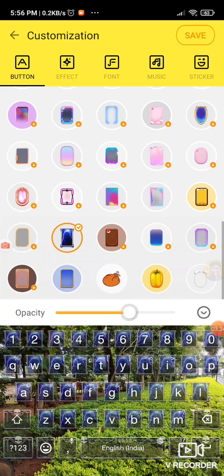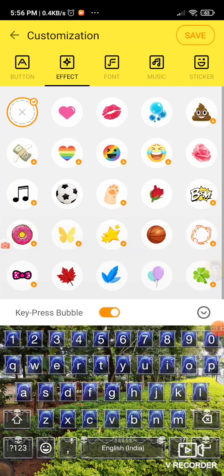So we'll select a medium opacity, then go to effect. Once you go to effect, this is the one which will come when you press the button. For example, if I select bubbles or balloons, then when I press any key, we will see the balloons coming out.